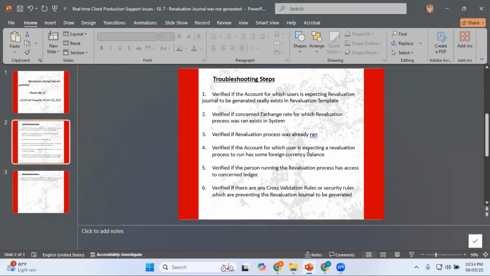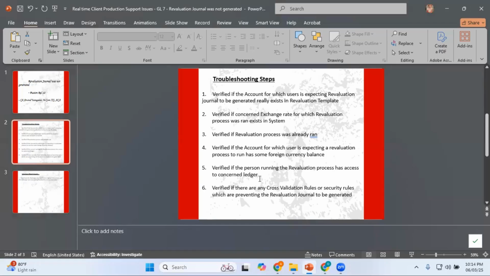Next, we verified if the account for which the user is expecting a revaluation process to run has some foreign currency balance. Obviously, revaluation is the exchange rate difference between the date on which the transaction is originally posted and the revaluation date, especially for the foreign currency balances. So for the specific account for which the user was expecting a revaluation journal to be generated, we were able to verify that there was indeed some foreign currency balance. And we verified if the person running the revaluation process has access to